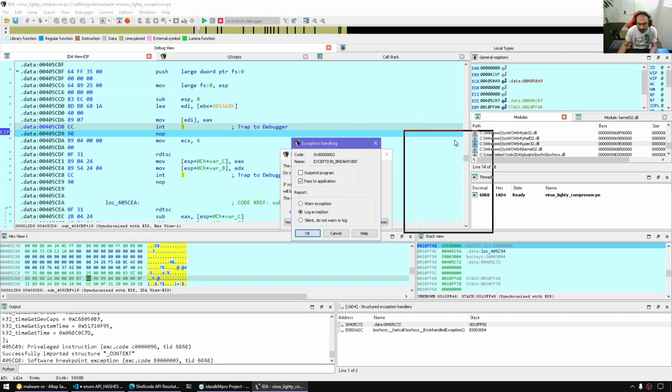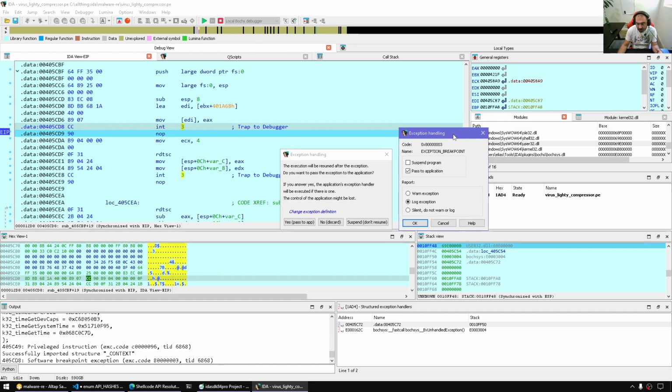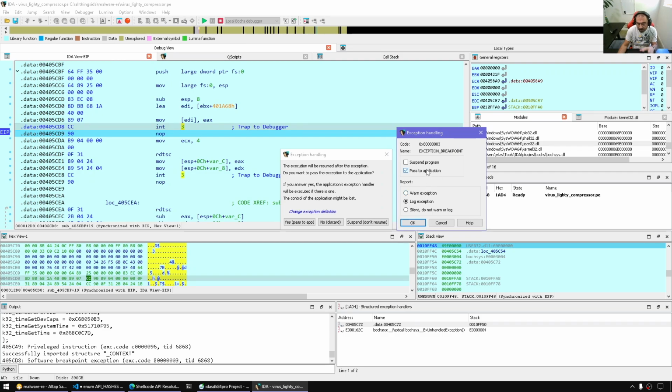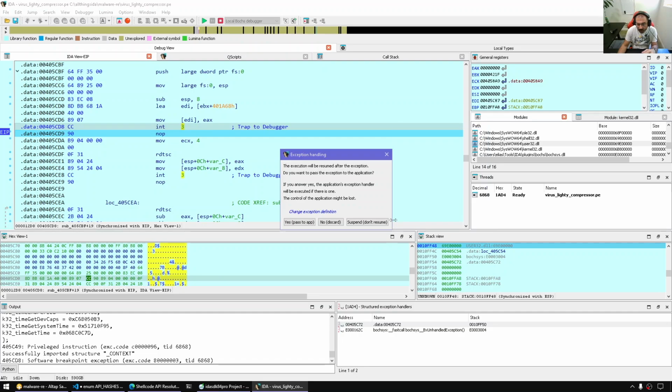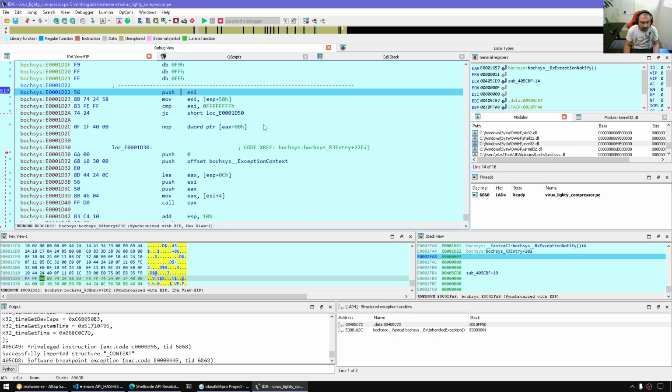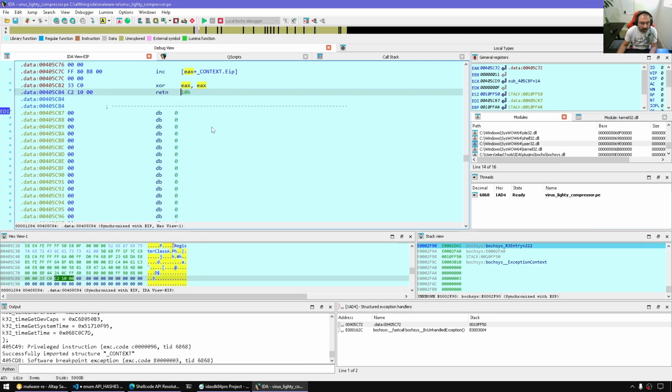Now, this is good whenever we pass to the application, especially if the application doesn't want to be debugged. This is a common trick. So when IDA prompts us, we simply change the definition, pass to the application, log the exception, and okay, and yes, pass to the application. Now this should take us to the exception handler. Here now it's in the Bochs operating system. Let's just run to go directly to